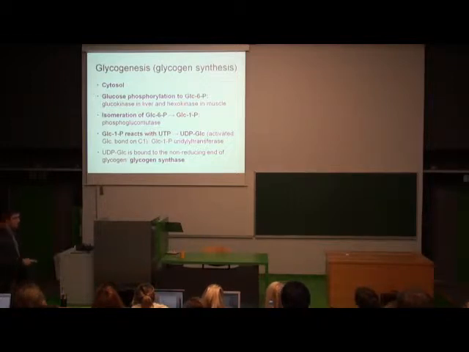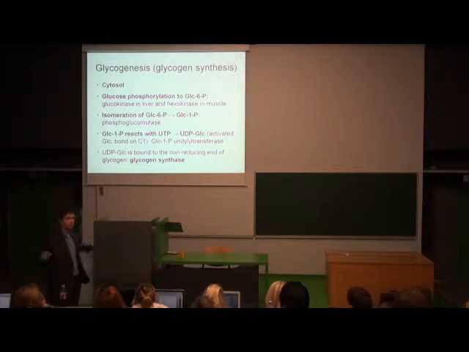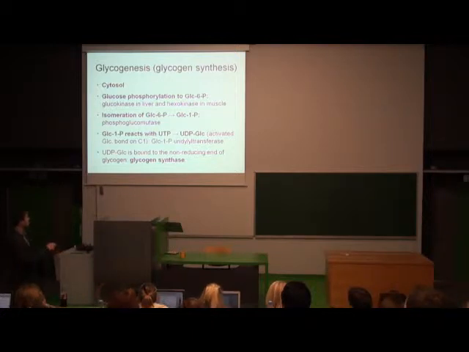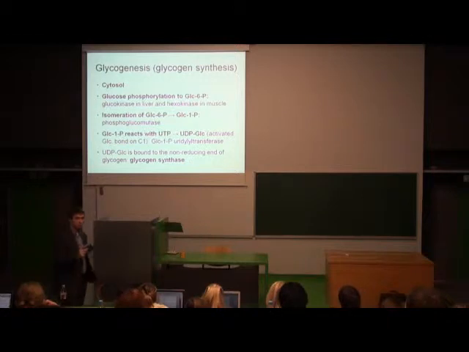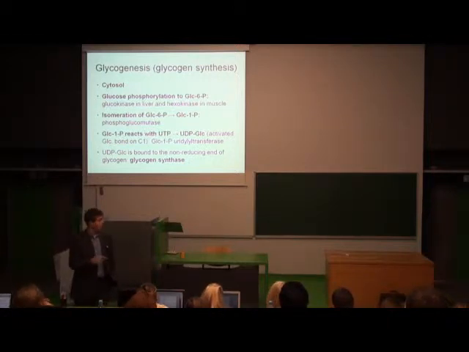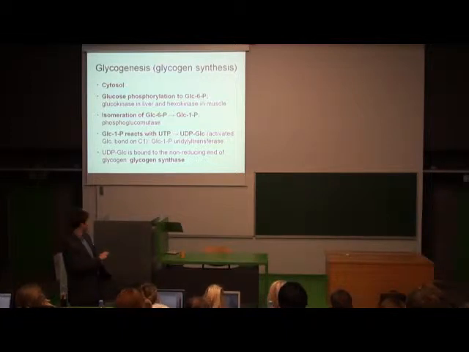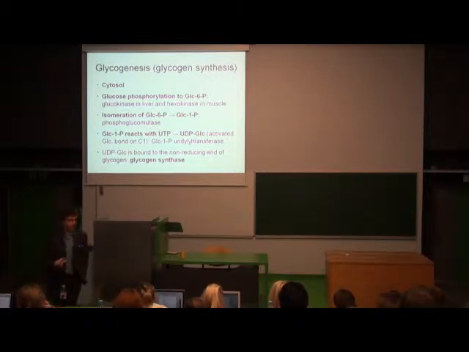This enzyme forms the alpha 1 to 4 bond, and then you have to know the enzyme that forms the alpha 1 to 6 bond. That's on the next slide. So the UDP glucose reacts with the non-reducing end of the glycogen molecule. The enzyme is called glycogen synthase. Synthase, because no ATP is needed. The energy was added here, therefore it's synthase. Directly in this reaction, no ATP, therefore synthase.